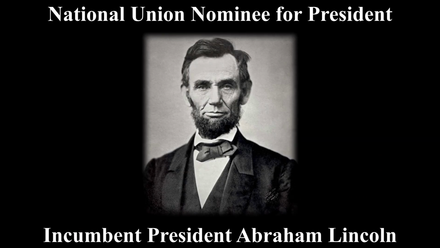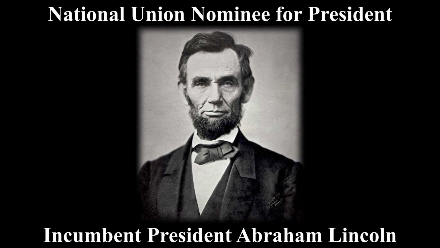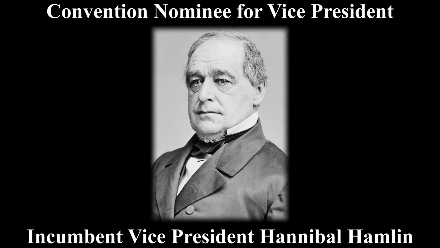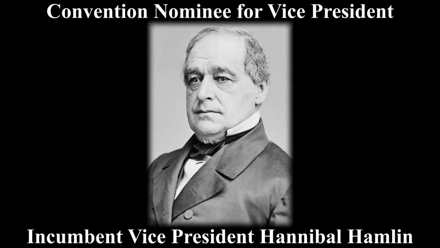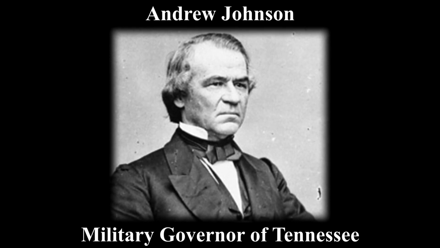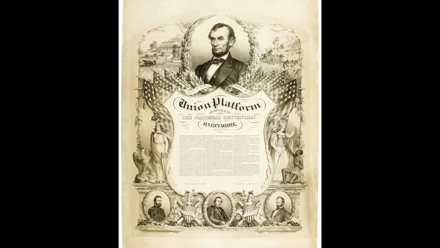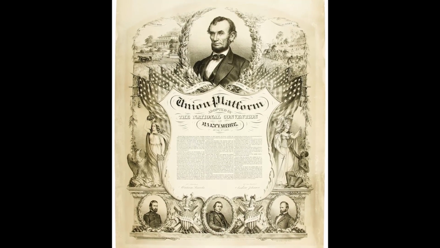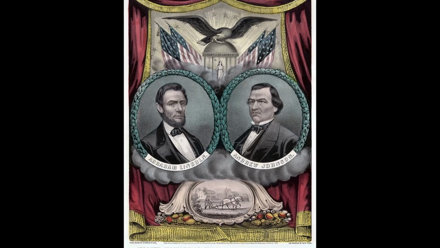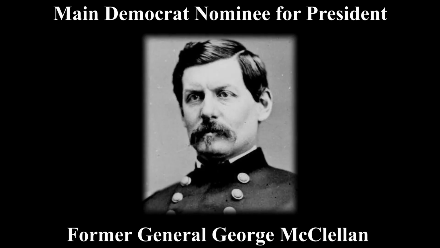For the election, the National Union nominee for president was, of course, incumbent President Abraham Lincoln, while for vice president, there was Hannibal Hamlin, Lincoln's vice president, and there was Democrat and National Unionist Andrew Johnson, military governor of Tennessee. Bear in mind, the National Union was the Republican Party, alongside other factions like the pro-war Democrats. And to show national unity, the party nominated Lincoln and Andrew Johnson as his running mate,